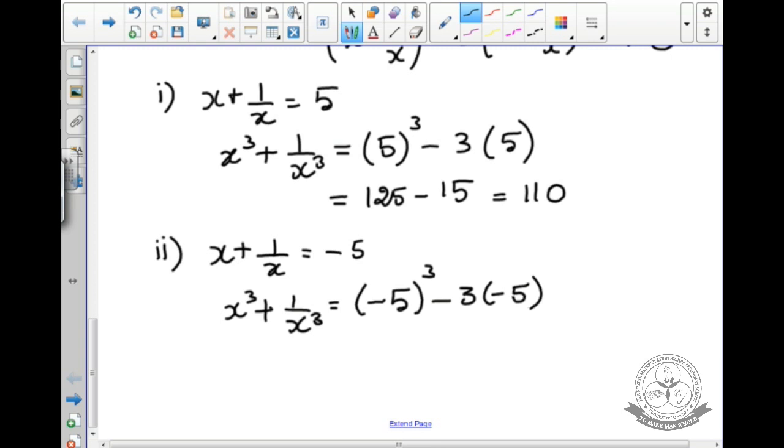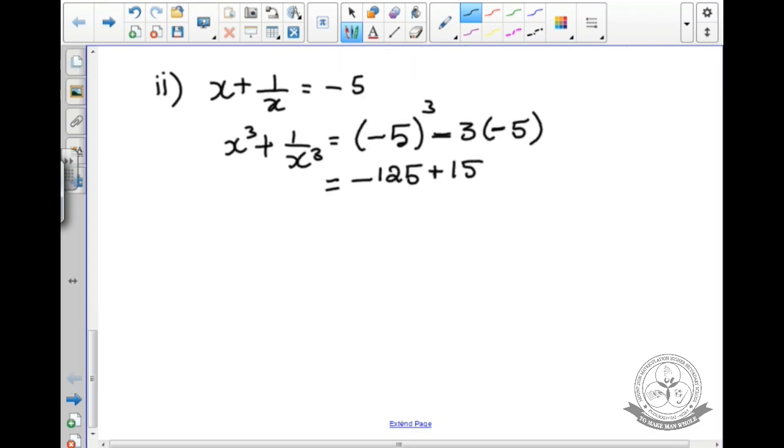Already we know that if the base is a negative number and the power is odd, we will get a negative number. With a negative number and an even power, it is converted into positive. Here 3 is odd, so the answer is negative. So what do you get? Minus 5 into minus 5 into minus 5, you will get minus 125. Here also one minus, here also one minus, so minus into minus is plus, so this is equal to 15.